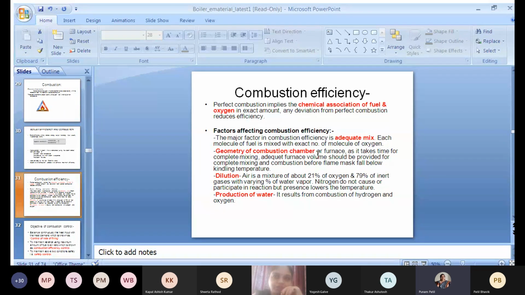Second, geometry of the combustion chamber. It is also related to the first factor. The shape of the combustion chamber should be such that it helps in mixing as well as providing enough space for the mixing of the air and fuel molecules and helps in the combustion process. It should be sufficient so that it will not affect the efficiency. Dilution. As we know, air is a mixture of 21% oxygen and 79% other gases, of which 78% is nitrogen. So the presence of nitrogen